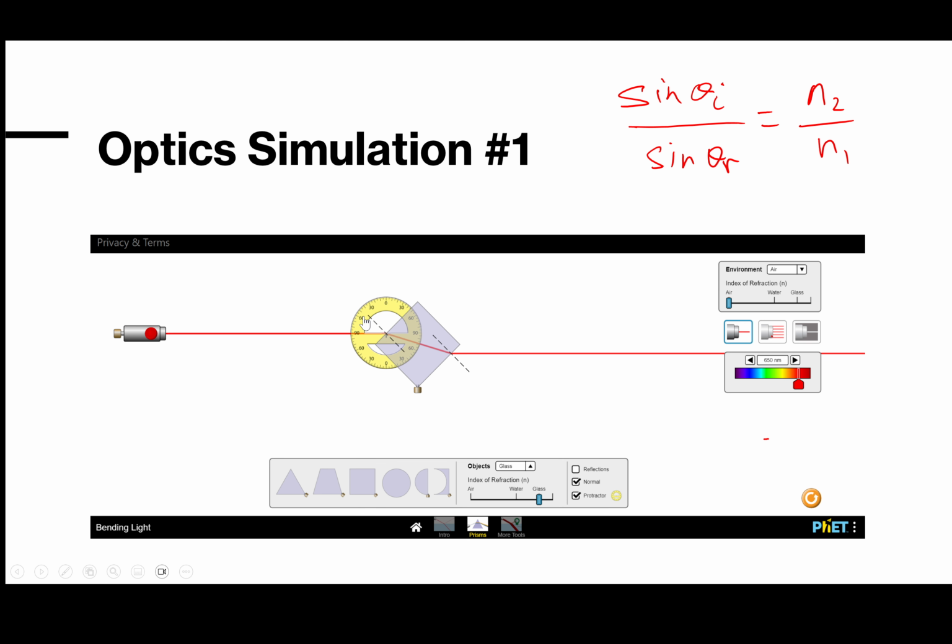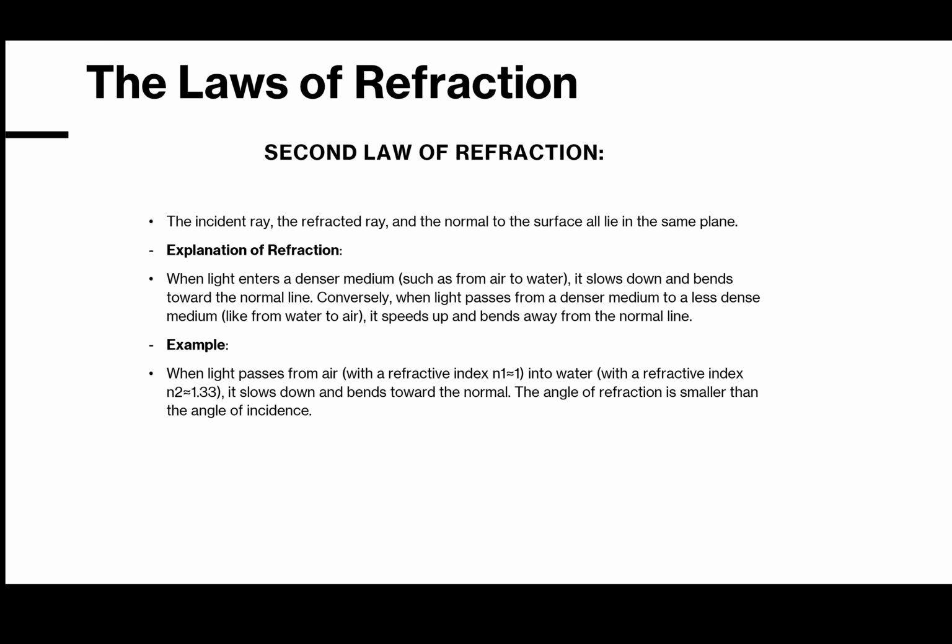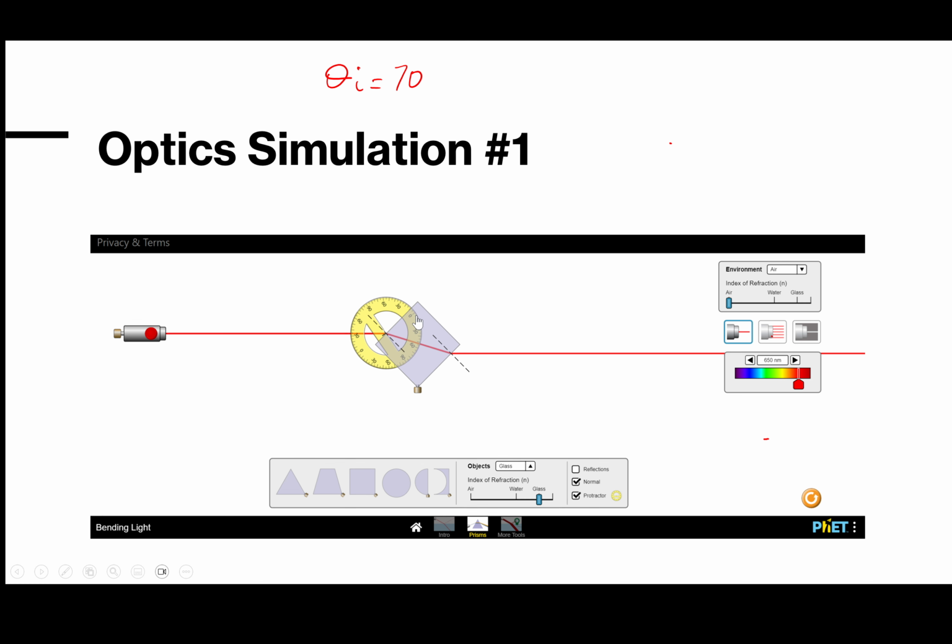Let's erase all of this off the screen. Let's say that theta i is roughly 70. And if we were to rotate now to find the angle to the normal for the refracted one,